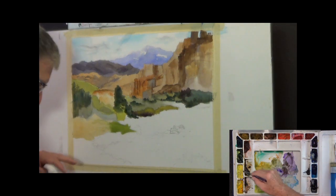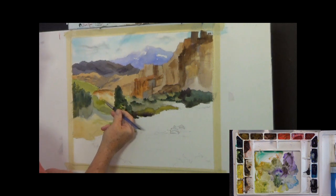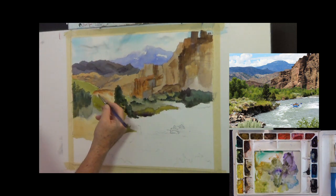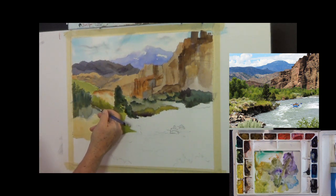There's a lot of light, sort of yellowish trees in here. I'm going to see if I can put in a few things that sort of lighten this up a little bit in here, and darken it down a little bit at the bottom so I can show you some depth. Put in some values that just sort of change the color. So by having that underpainting there, I don't have to worry too much about covering the paper. I'm just able to flick these little things in, these little trees